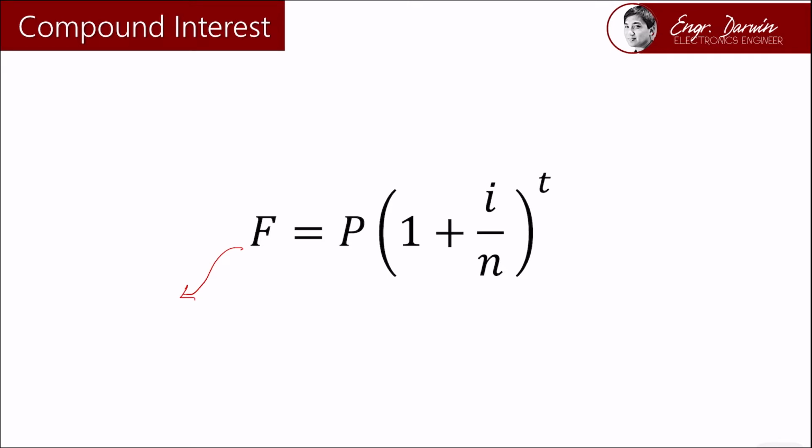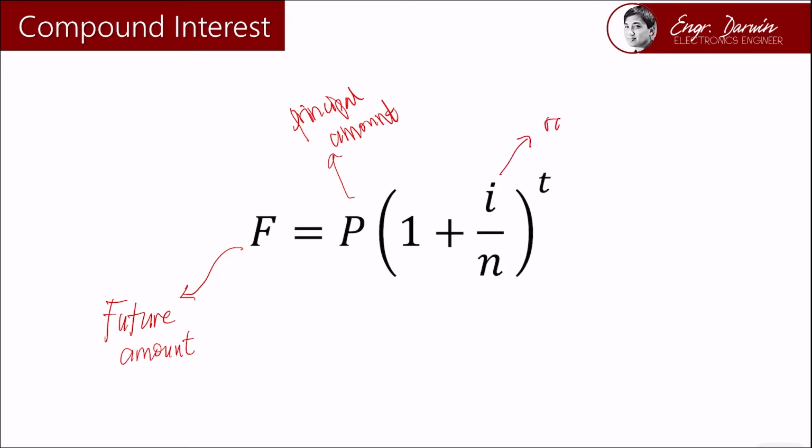For our variable F, this is your future amount, or the amount somewhere in the future after some period of time. P is our principal amount or the initial amount, i is our rate of interest,